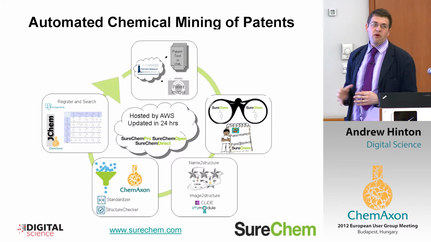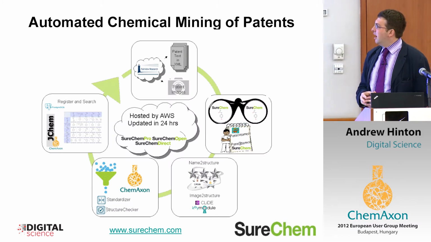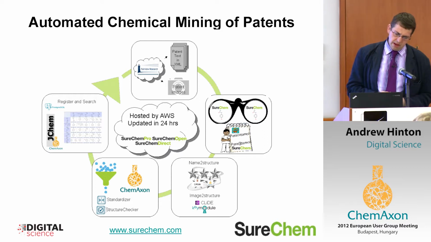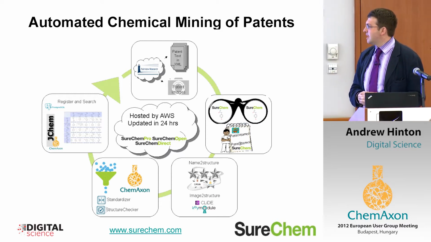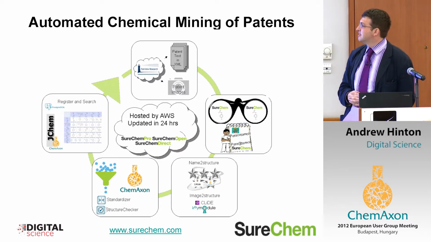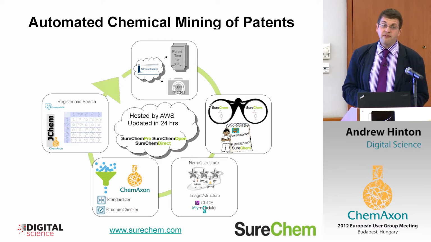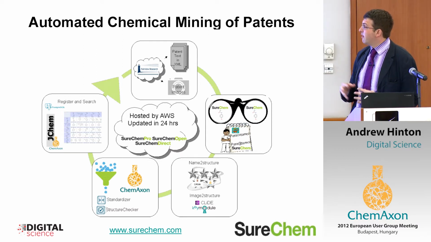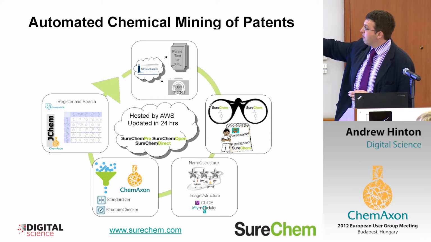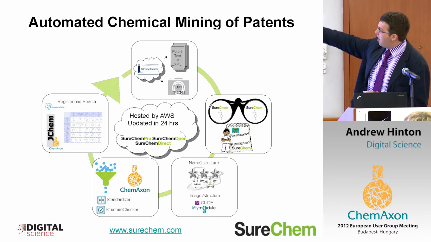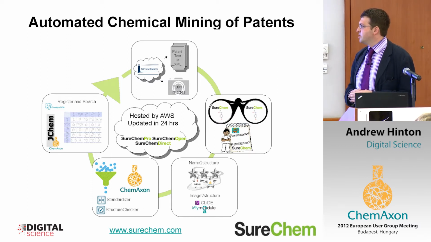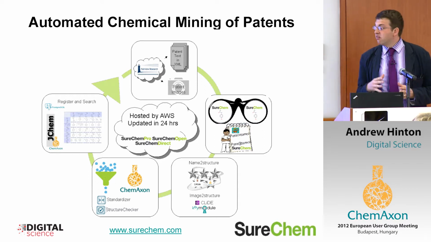So in a bit more detail, what I want to walk you through now is our workflow. We've recently moved to an infrastructure that's hosted on Amazon's web service, cloud-based infrastructure, and we're able to take patents issued from the IFI Fairview, which is an integrated federated patent provider. We can take the XML of the different authorities as well as the clipped images, and we pass that into SureChem's own proprietary entity recognition extraction software, where along with our in-house